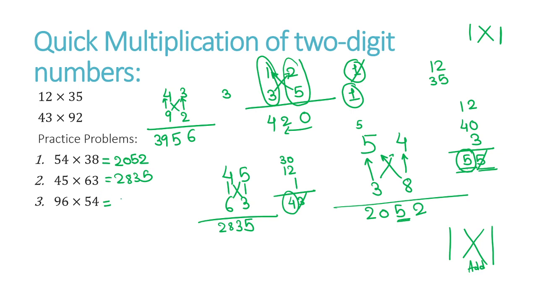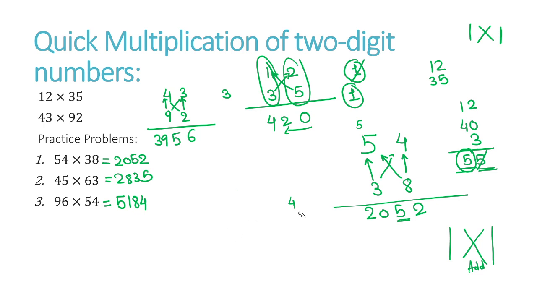Yes, it is 5, 6. 5614. No, just verify it again. 5614 is the wrong answer. Try to do it again. Yes, it is going to be 5184. 5184, please verify, everyone, a bit quickly. It's going to be 5. It is